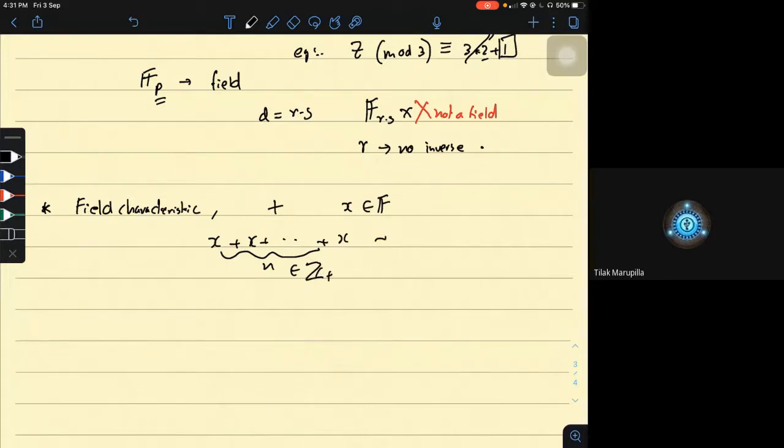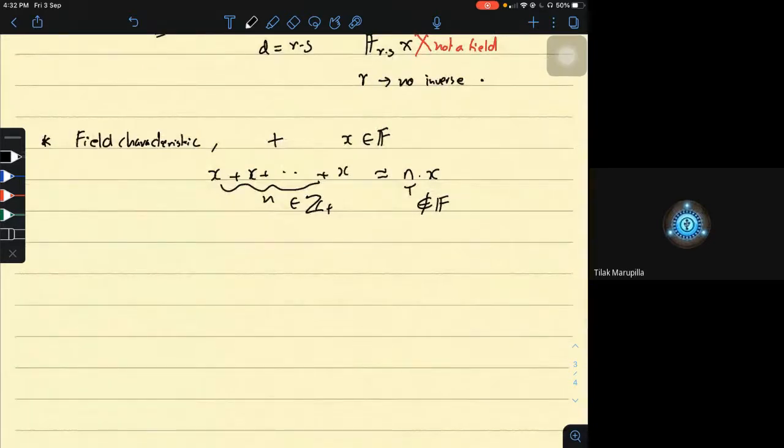So this is something like n dot x. Remember, n need not be in the field. So this need not be a part of the field. So this nx, if it is added n times in the field itself, this is not a proper notation, but just for our convenience, if this is equal to the identity element, the addition identity element, say 0, here n becomes the characteristic